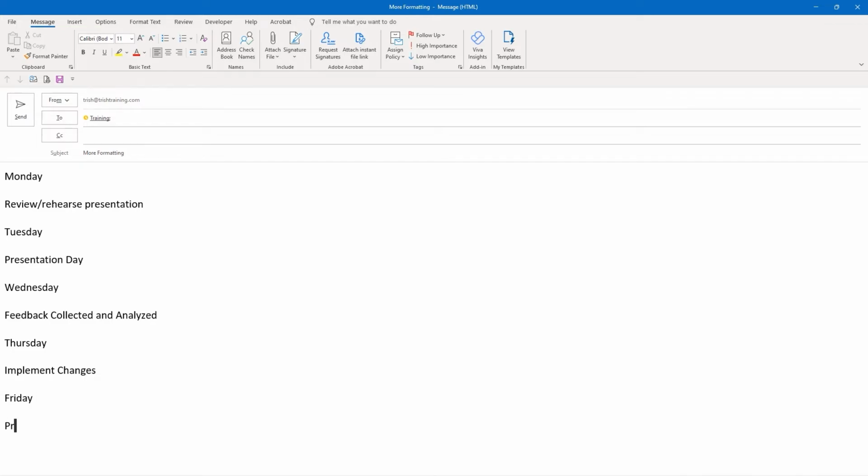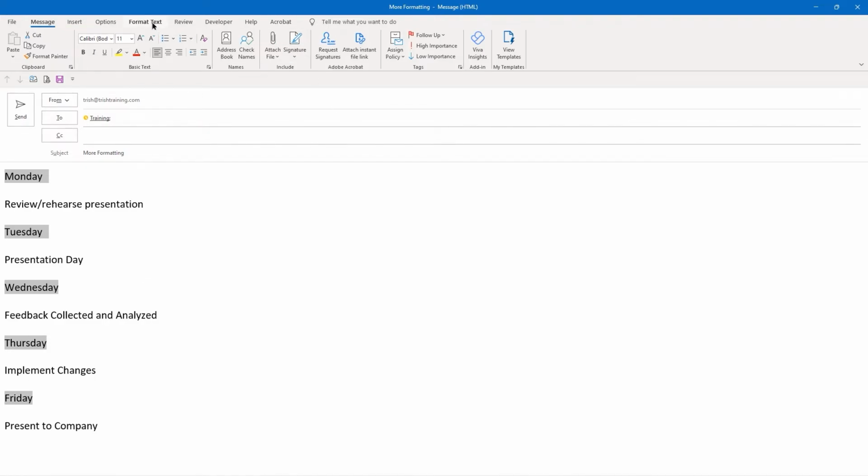Friday, present to company, something like that. And then what you're going to do is select Monday. Now, if you hold down your Control key, you can go ahead and select Tuesday, Wednesday, and I'm double clicking on these days. You can double click a word to select it, with my Control key down, Thursday and Friday.